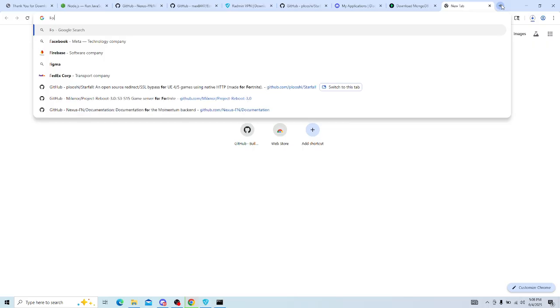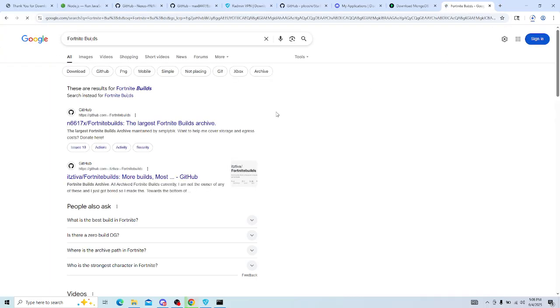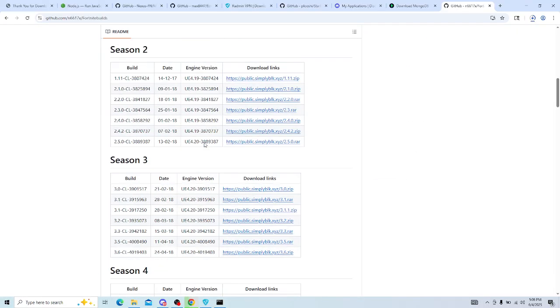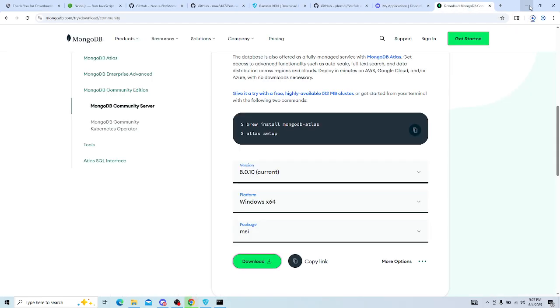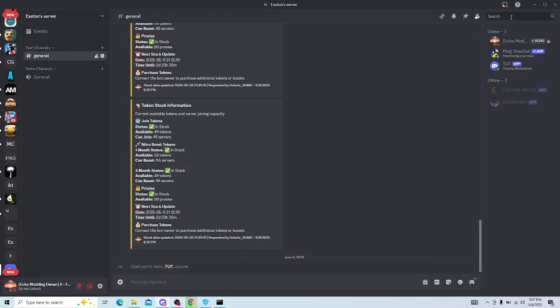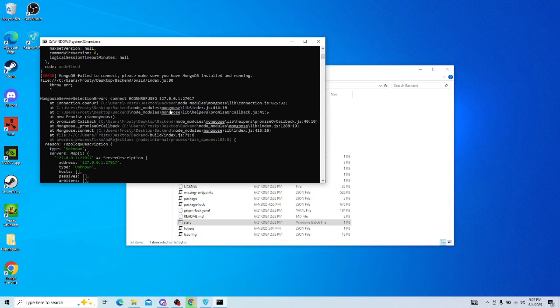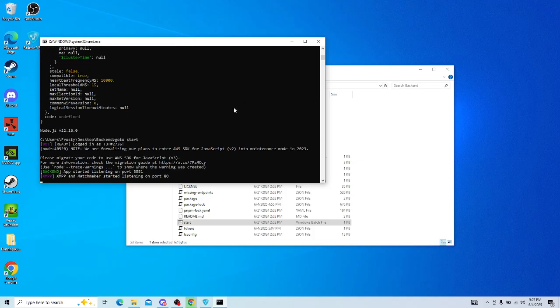And once this is done, you're going to run it. Also, oh my gosh, I keep forgetting. My bad, guys. You're going to need the Fortnite builds. If you haven't ever played OG Fortnite projects, then you're cooked. JK. But you can download all the builds from here, and just like any other project, same thing, unless they're downloading it from the launcher. See, it says this because I don't have Mongoose, which is MongoDB, installed. So while that's installing, you're going to want to